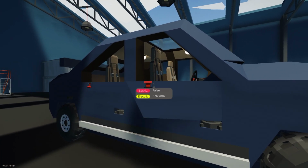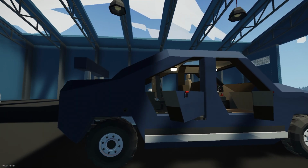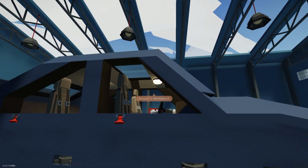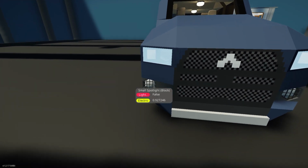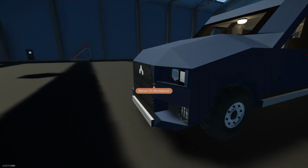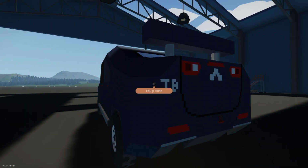Doors, all doors are openable. Unfortunately, they do not have windows, but that's because there's no XML modded windows that I could find, and I do not know how to do it myself, so that's the way that is. You've got full headlights up the front, grille with the Mitsubishi logo, which took quite a while to paint. Mitsubishi at the back,